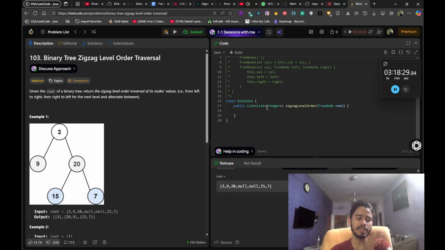we'll have the same approach, but here we see that there we had 3, 9, 20, then 15 and 7. Here it's after 3 it's 20 and then 9, but then it's again 15 and 7. So the order changes and then gets back again. It changes, it gets back again. So what has to be done? For this question we can use a deque,